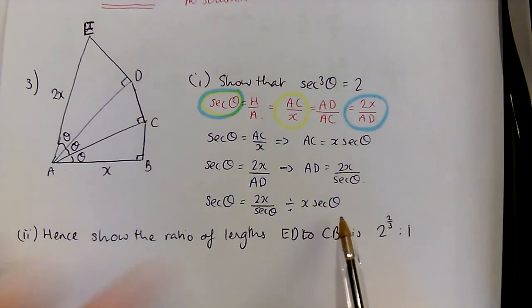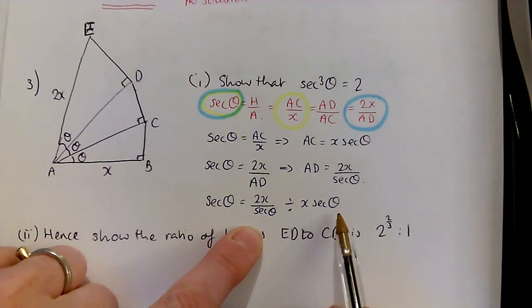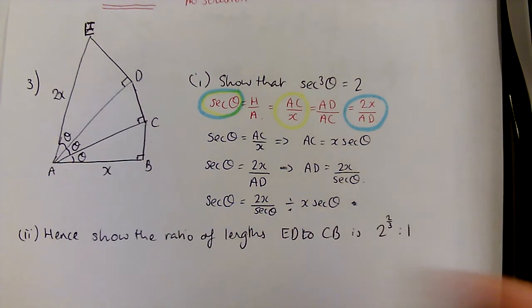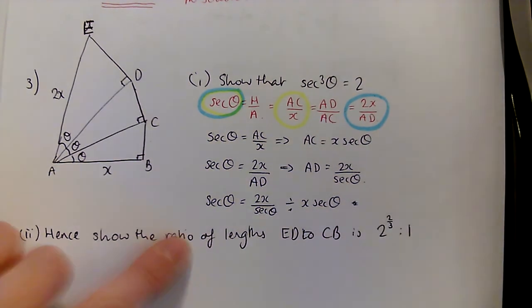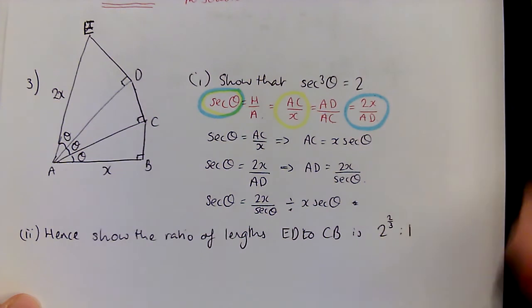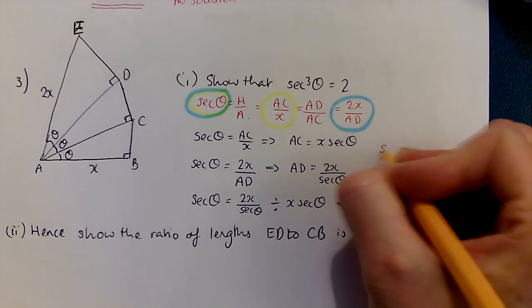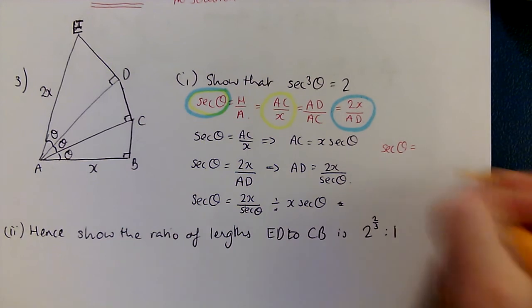So we can tidy this up a bit. I'm going to have to write just to the right hand side, so we've got some space. So we've got sec theta is equal to